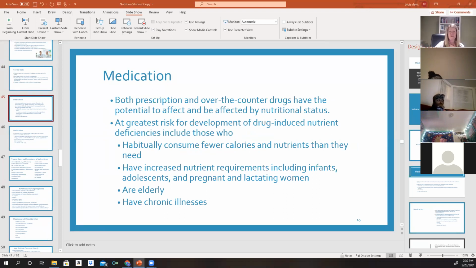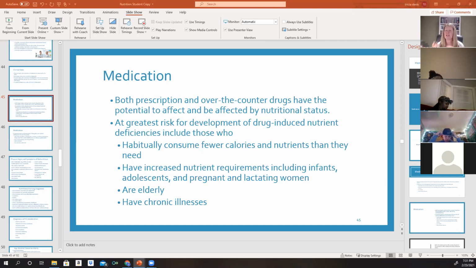Medication. Prescription medication and medication over the counter have the potential to affect our nutritional status. The greatest risk for development of drug-induced nutritional deficiency are those who, on a regular basis, consume fewer calories and nutrients than they need. Those patients who have an increased nutrient requirement include the infants, the adolescents, and those pregnant and lactating women. And then our elderly people, because of their changes in sense of smell and taste, sometimes they